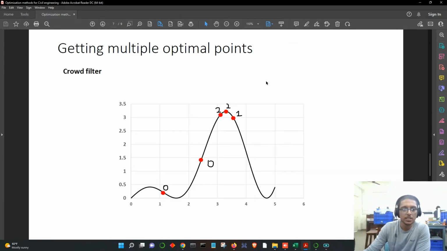One more thing that sir discussed this week: why do we use this genetic algorithm? We use it to get the global optima. But if a requirement arises that you want all the optima points in a function, then the genetic algorithm is not going to be helpful as it stands now. As far as we have discussed, we will not be able to get, let's say, this point, because the genetic algorithm is going to favor the